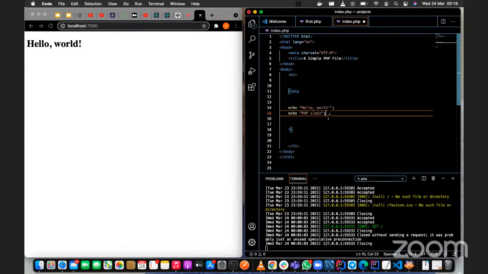Then also, we can embed PHP within HTML. If we do that, basically PHP files are just plain text files with a .php extension. If we look at this file now, we have index.php. And then what this means is that